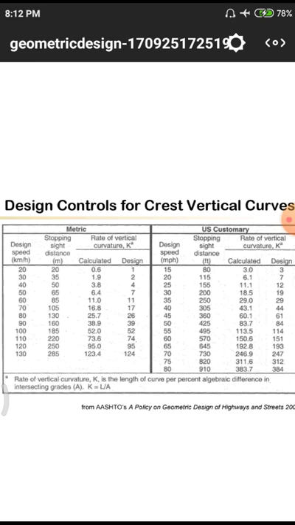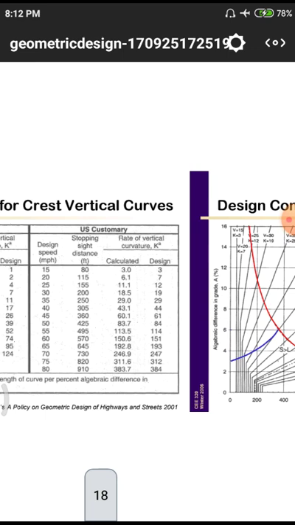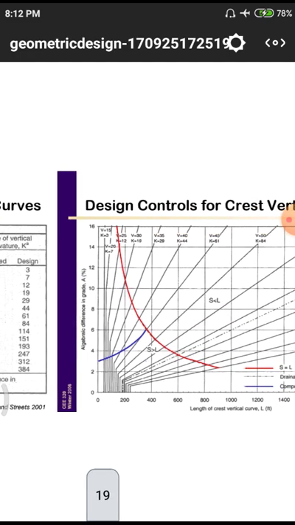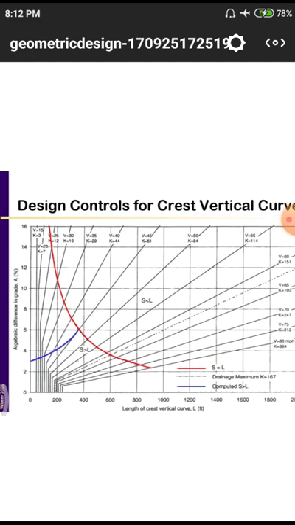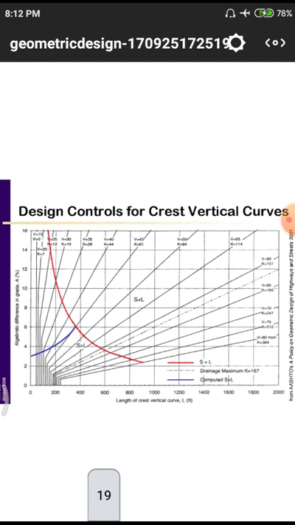Those are the different values for k values, design constants. After that, we are having a US customary, that means those two values are related to this United States. Design speed with respect to 15, 20, likely they are having a maximum speed of 80 kilometers. Why? Because in huge countries they are having less quantity of populations and more amount of these road facilities, so that they have to design with a smaller. Why? Because they are having less quantity of people and less quantity of these traffic jams and other accidents.